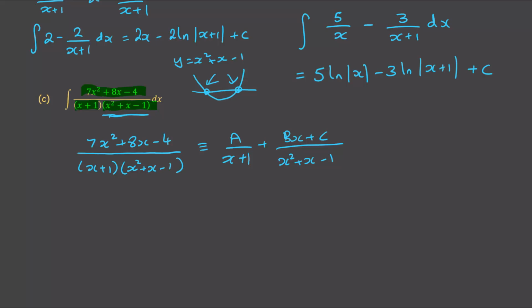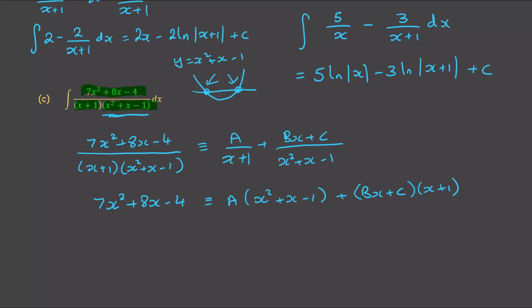Okay, clear of fractions, 7x squared plus 8x take away 4 is going to be a times x squared plus x take away 1 plus bx plus c